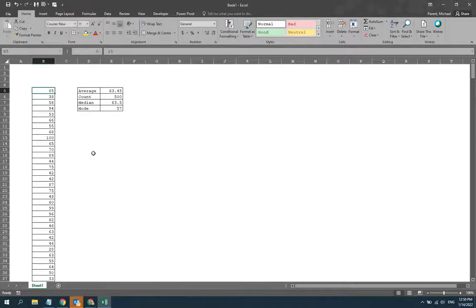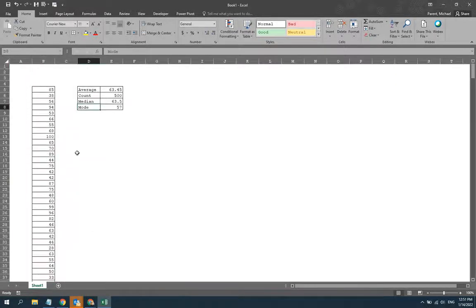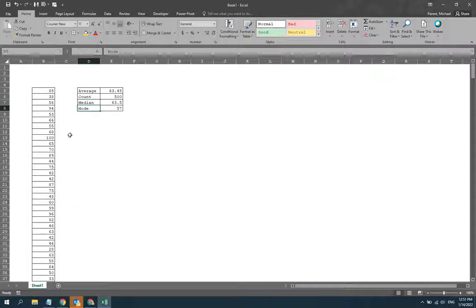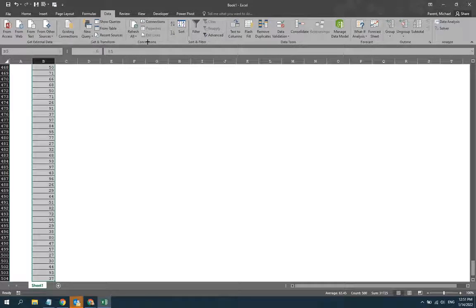I think in an earlier video, I already showed we can take a look at what's in the bottom toolbar. But maybe I do want to get a printout or a readout of these descriptive statistics. One of the things that I can do is go to the Data Analysis Toolpack, which is an add-in in Excel. First, I would select all of the data. I would go to the Data tab in the ribbon. So up here, Home, Insert, Page Layout, Formula, Data. And then all the way over on the right, you'll see this section called Analyze, and there's something called Data